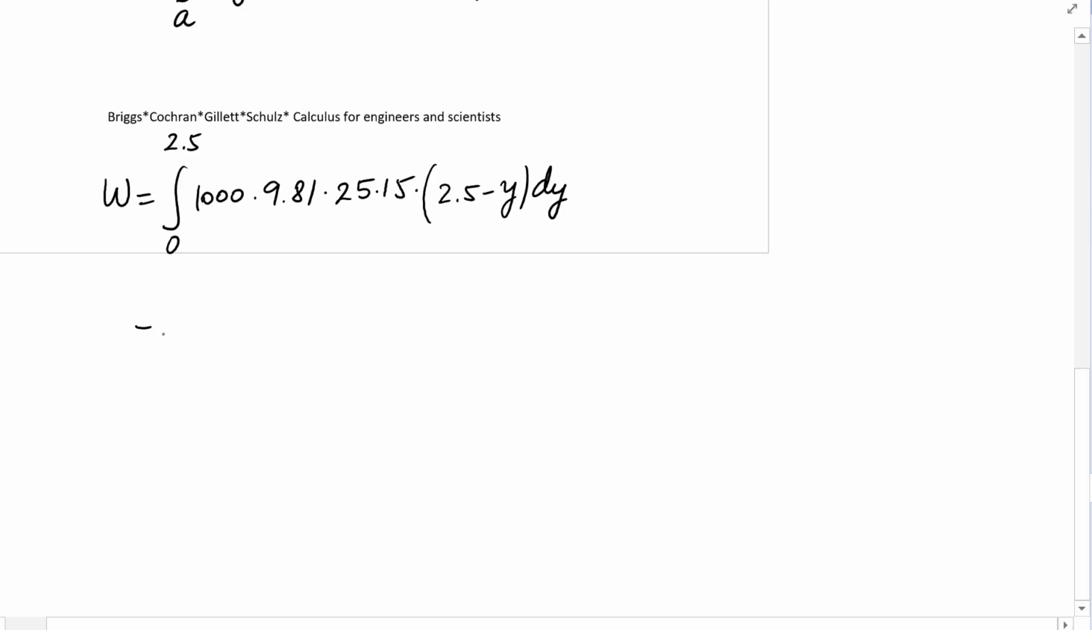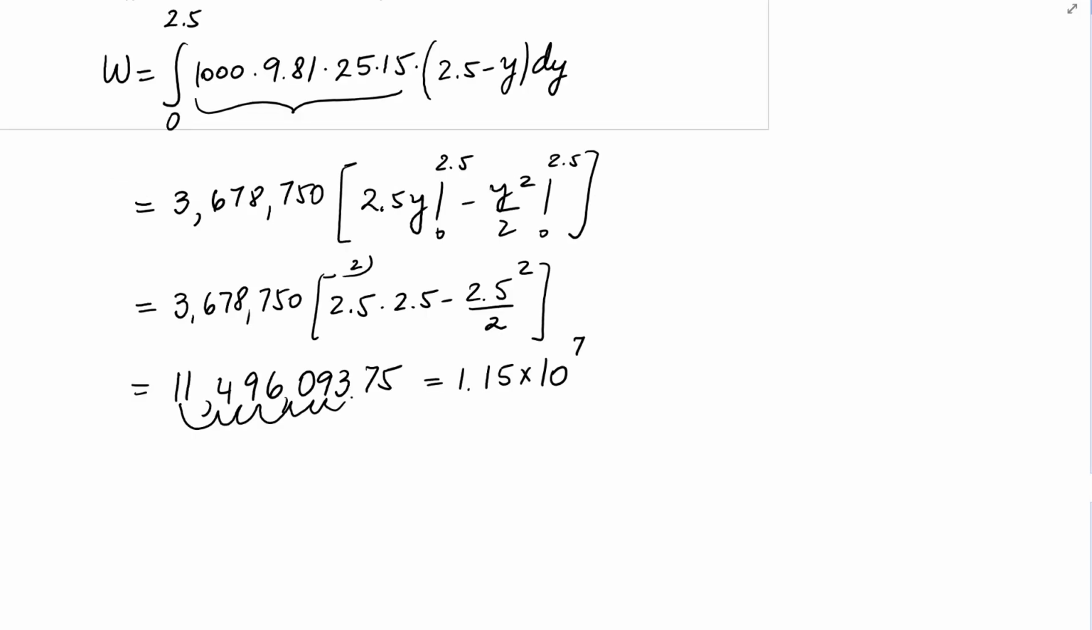So let's do the computations. And I wrote the answer in scientific notation: 1.15 times 10 to the 7 joules. I actually rounded to 2 decimals. Let's see another